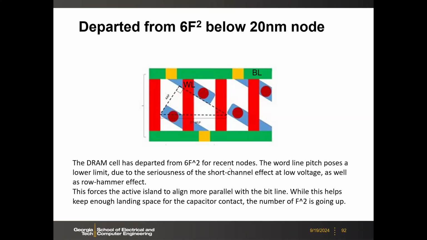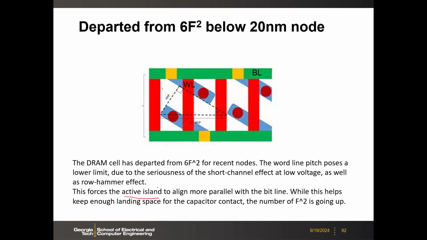Here it says that the word line pitch poses a lower limit due to the series short channel effect and also the row hammer effect. Basically, the word line to word line coupling has some limitation. Therefore, you cannot place the word lines too close to each other. So as a result, this